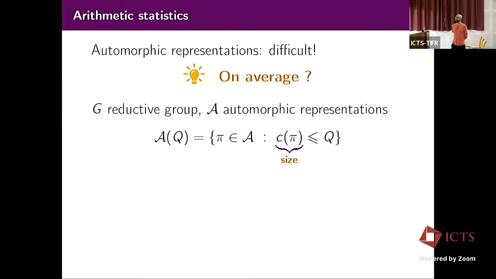And more specifically, in the setting I'm considering, not only for this talk, for a general group, we can define automorphic representations, which may relate to classical objects or not. And that's a huge set, so we can truncate it to a finite set by a notion of size. It will always be the analytic conductor, but it may be something else. That's basically the aspect we're considering: maybe the level, the weight, the spectral eigenvalue, etc.